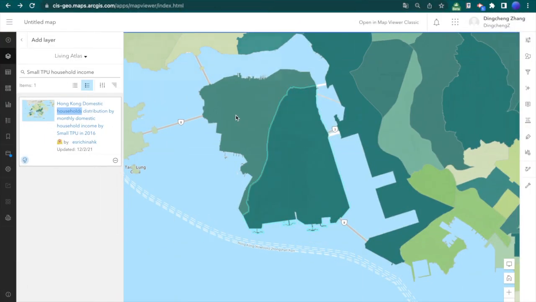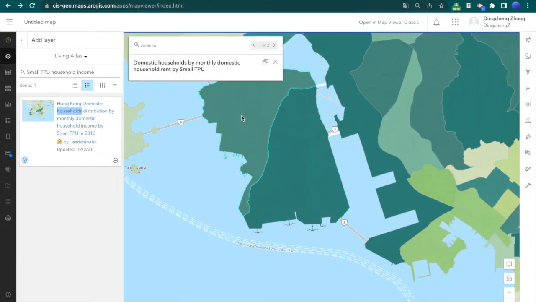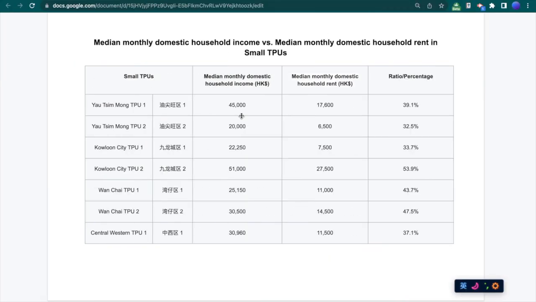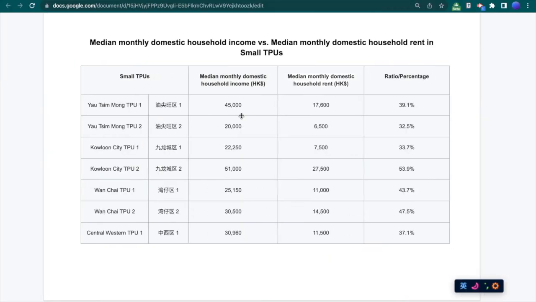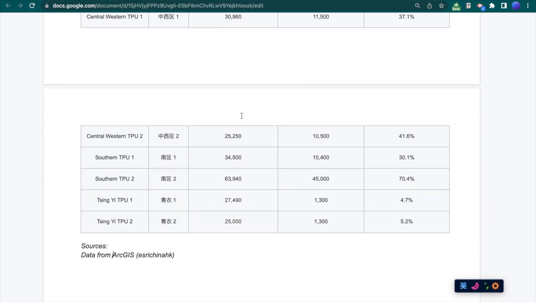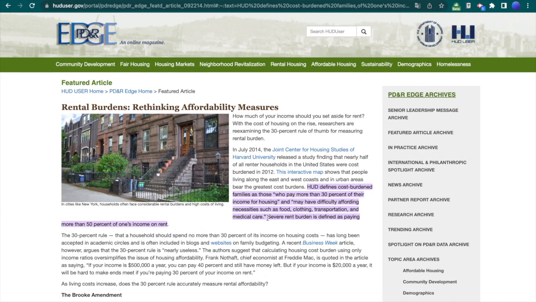Since there are only 2 small TPUs in Tsing Yi, in order to collect sufficient data and build a greater overview of Hong Kong's real estate market, I have also selected 2 TPUs from the district we discussed earlier, and calculated their rent-to-income ratio. As the HUD, United States Department of Housing and Urban Development stated, a severe rent burden is defined as paying more than 50% of one's income on rent, and cost-burdened families are those who pay more than 30% of their income for housing, so that they may have difficulty in affording necessities such as food, clothing,